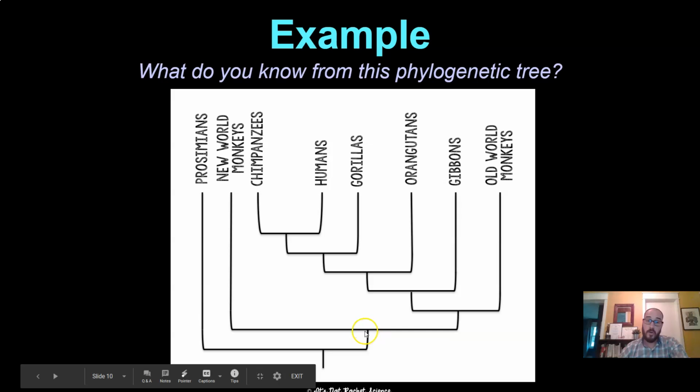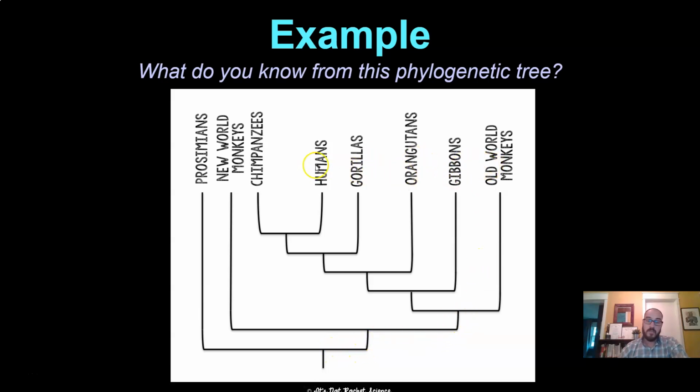You just have to know that each one of these straight lines means a common ancestor. Each one of these represents a point of divergence. Okay? And what all of this means is that all of these organisms are still currently alive. Okay? None is greater than the others. It's just about how closely related they are to one another.